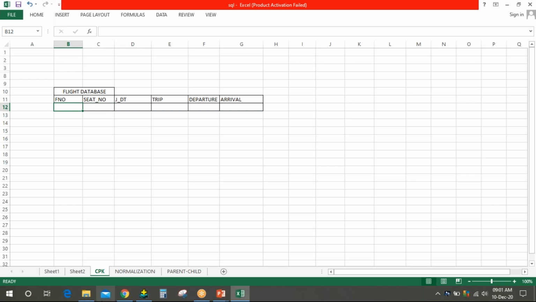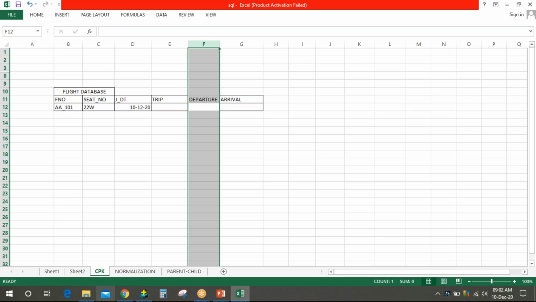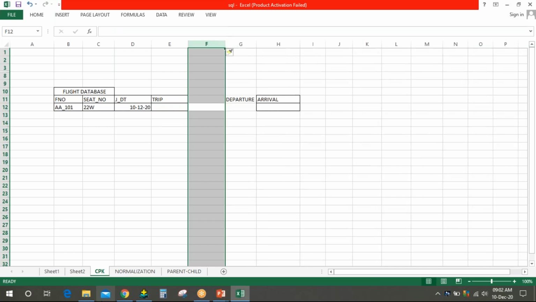Let's say you are traveling by AirAsia, AA101 is the flight number. Seat number can be 22W, window seat. Journey date is today. You are taking the flight today. I will have to put the time also.